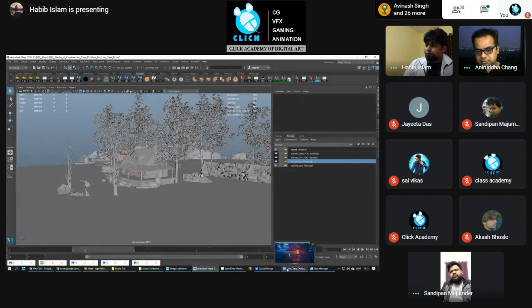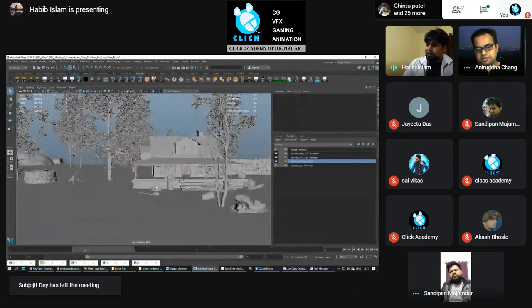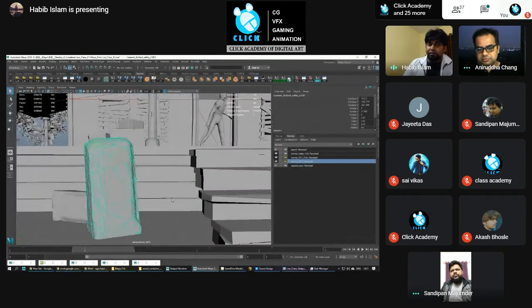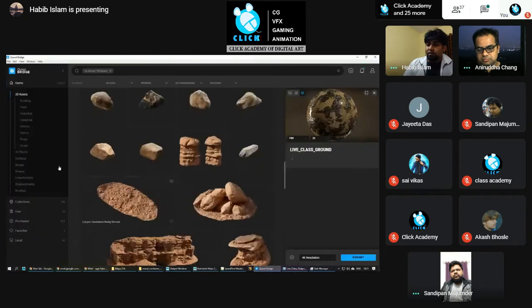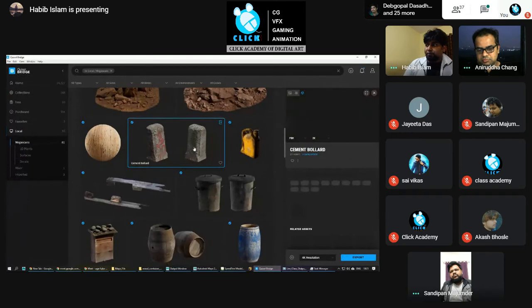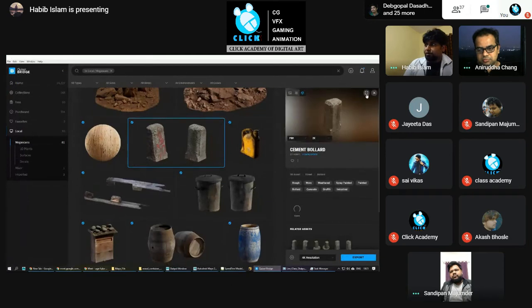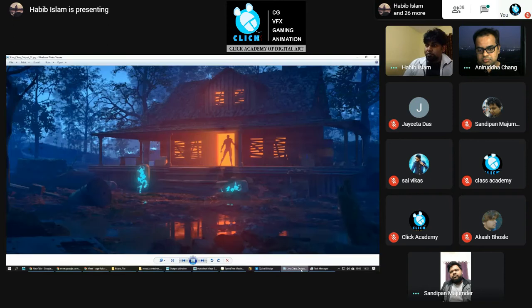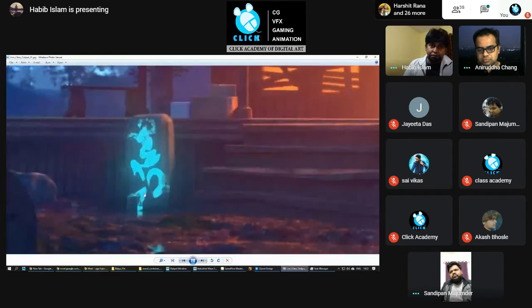So that is why he is using these assets in ready form. Suppose this asset, I have taken from Megascan only. If you see this asset, this is available in Megascan. But see, this is the texture of the red color. But if you see my output, this is glowing.